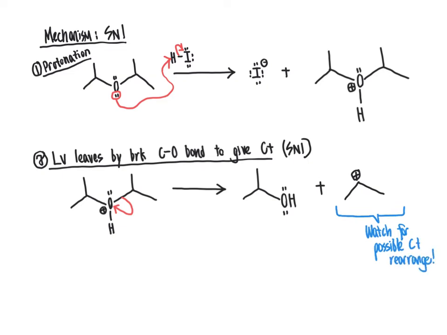And that would be the case if there's an adjacent methyl group or an adjacent hydrogen that you could move over via a methide shift or a hydride shift to convert this secondary carbocation that we've created into a tertiary carbocation. That would increase the stability of it and therefore be a favorable step. But we don't need to do that here because there's no way to rearrange that. And so now continuing on,